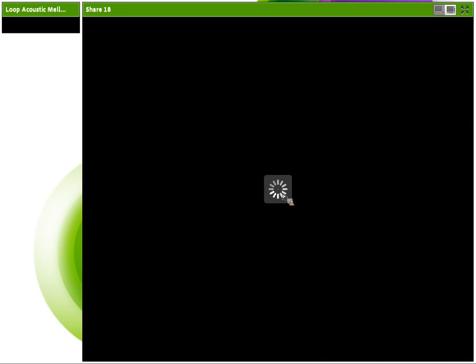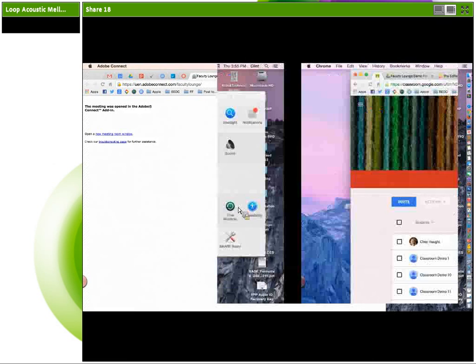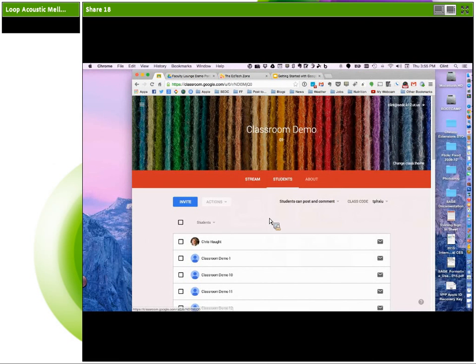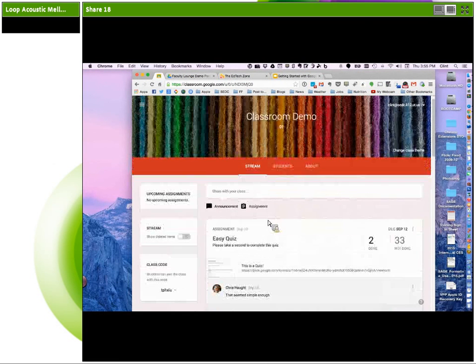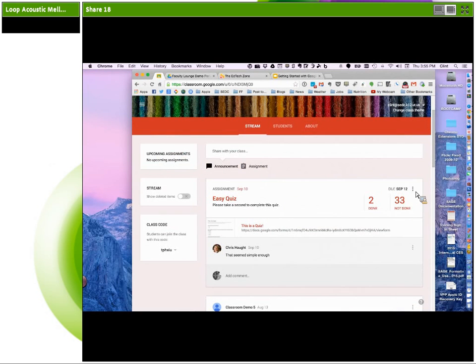Let's see if a class can be renamed. Yep, you can. There is a little menu. It's kind of hard to find where you can make any changes. In Classroom, it'll be a button that looks like 3 little dots. Let me share my screen, turn that back on real quick so I can show you that. If I want to edit an assignment or anything about the class, there's these 3 little dots right here